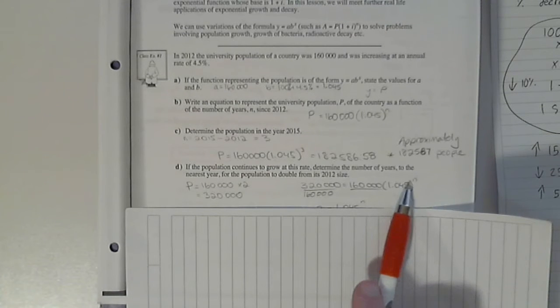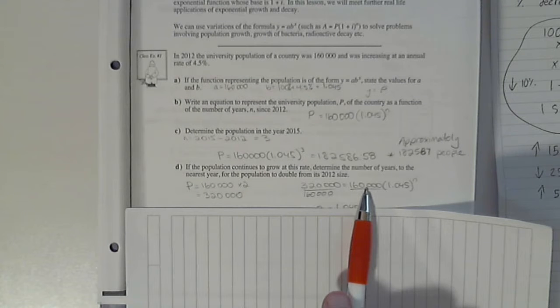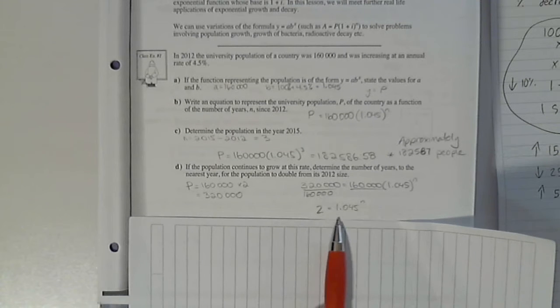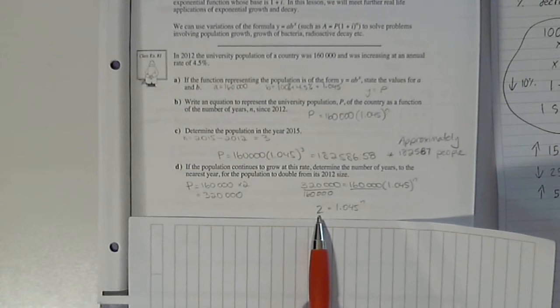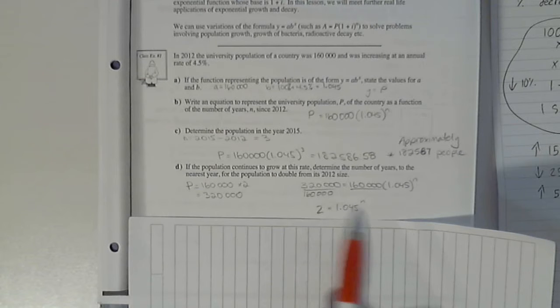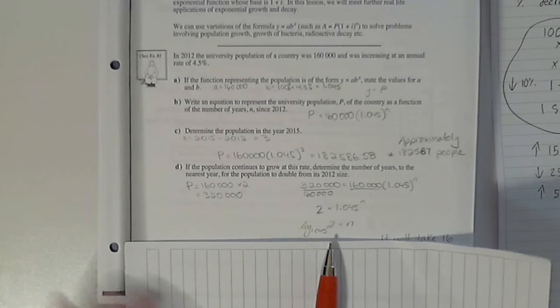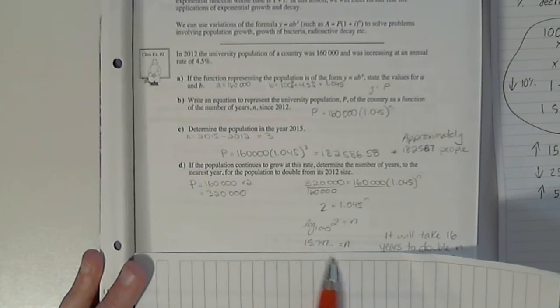It's isolated. This is the odd guy out. He's at the front, so he's the first guy gone. We have to divide by 160,000, which is 2, of course, because it's doubling the population. And then we need to solve this, and we can just use our simple logarithm formula. So log base 1.045 of the value 2 should be equal to n, and you can plug that into your calculator, and you should get